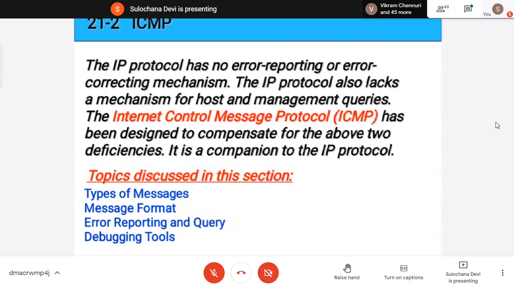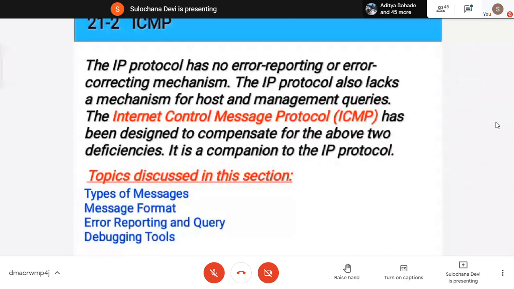That's why ICMP is used along with IP. If IP is dropping something somewhere, then ICMP will tell you, your packet was dropped. When we use ping, if you remember the output of the ping, there you will see ICMP data is sent. So that is the echo request and reply. Echo request is like, I want to check whether I am connected to your machine or not. So I'll ping your machine.